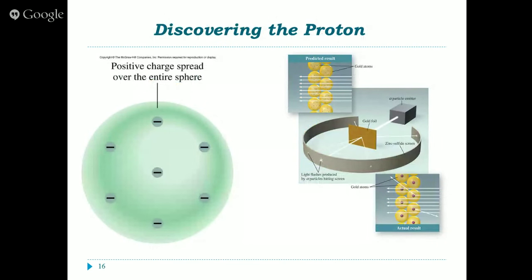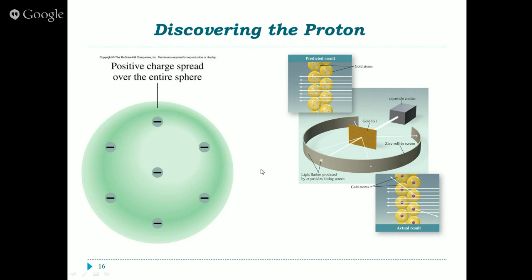So we discovered the electron, now we're going to discover the proton. And Lord Rutherford did this experiment. He did quite a few experiments. He was the first one to do nuclear transformations. It was once thought that an atom was simply a positively charged sphere that had negative electrons floating around it.